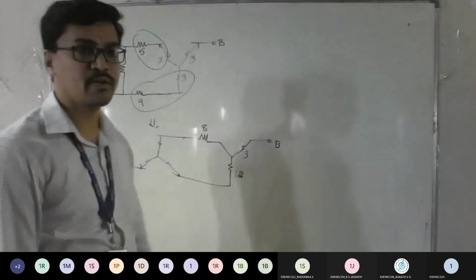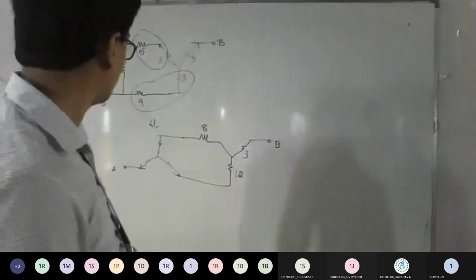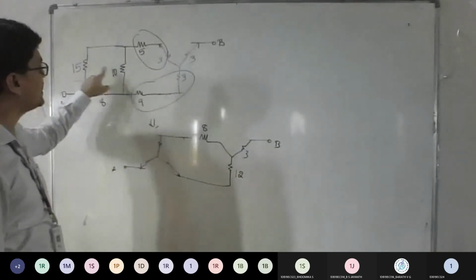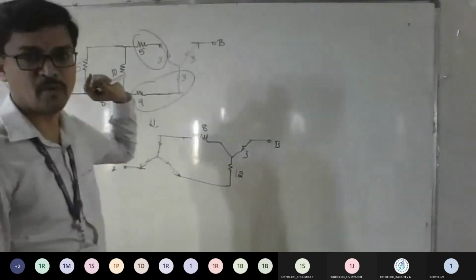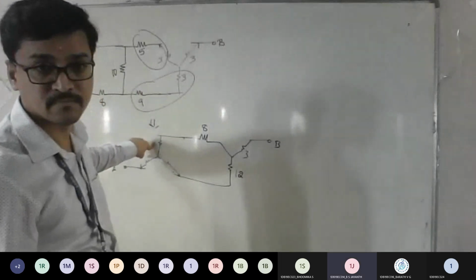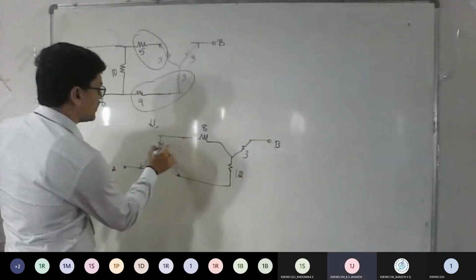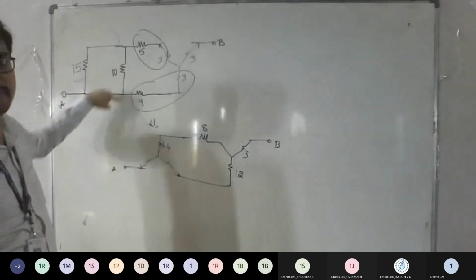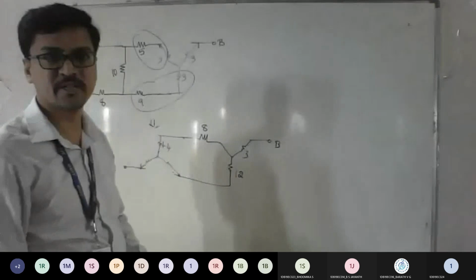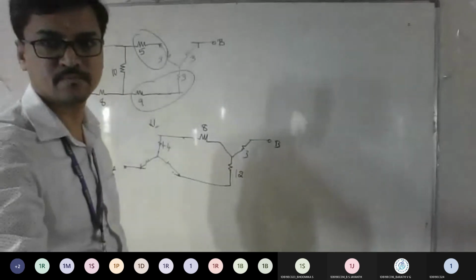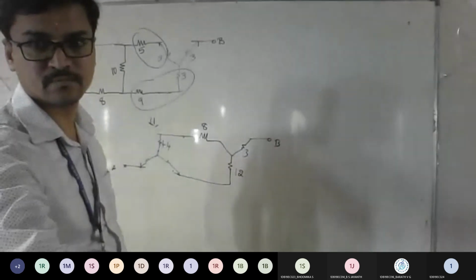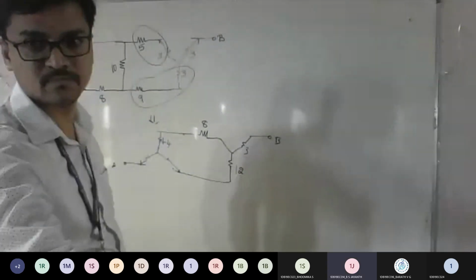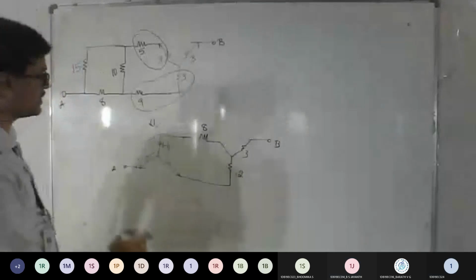So it's 15 into 10 divided by 15 plus 10 plus 8. How much? This is where I'm finding, right? 15 into 10 divided by the sum of all. How much here? 4.45, sir. Good, 4.4. Fine. So for this resistor, it's 15 into 8 divided by the sum of all. How much? 3.63, sir.